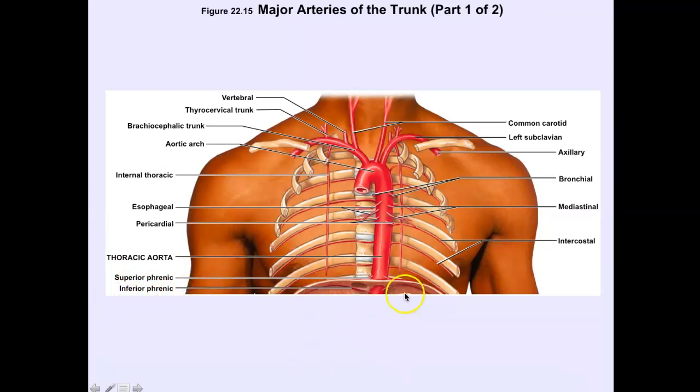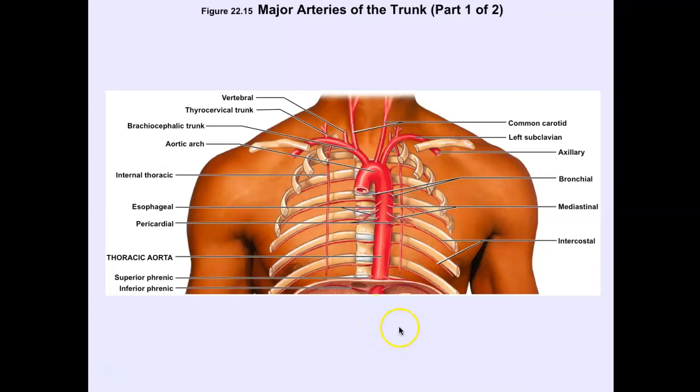And so we have, if you can see the little tiny detail here, a branch here and here, 2 branches off the thoracic aorta that are going to serve and bring oxygenated blood to the superior surface of the diaphragm. If you look right after this blood vessel passes through the diaphragm, so there's a hole for this blood vessel in the diaphragm, now we change names. The blood vessel changed from the thoracic aorta to the abdominal aorta, because after it passes by the diaphragm, now you're in the abdominal pelvic cavity, right? So we have to change the name to abdominal